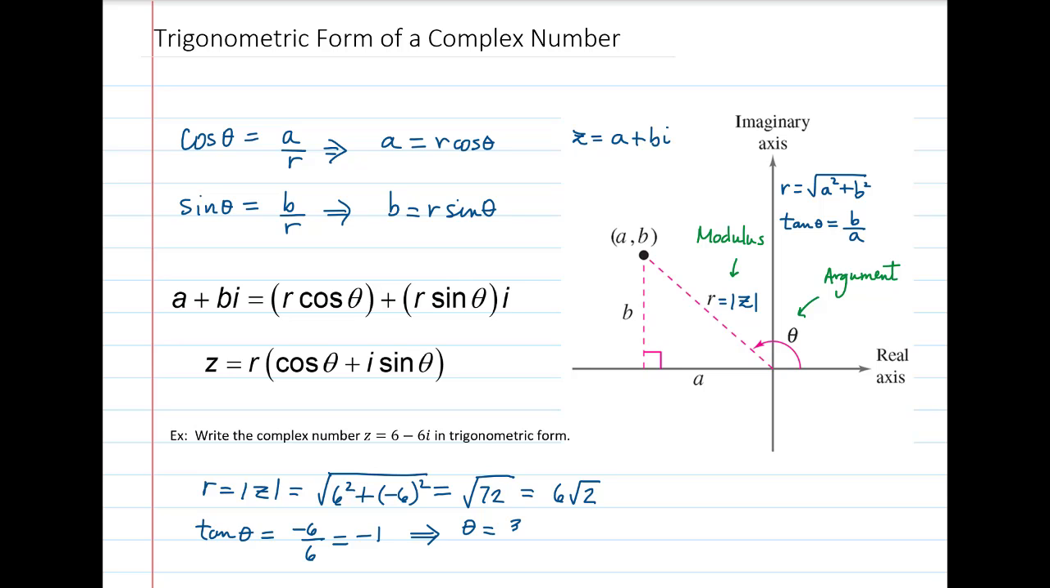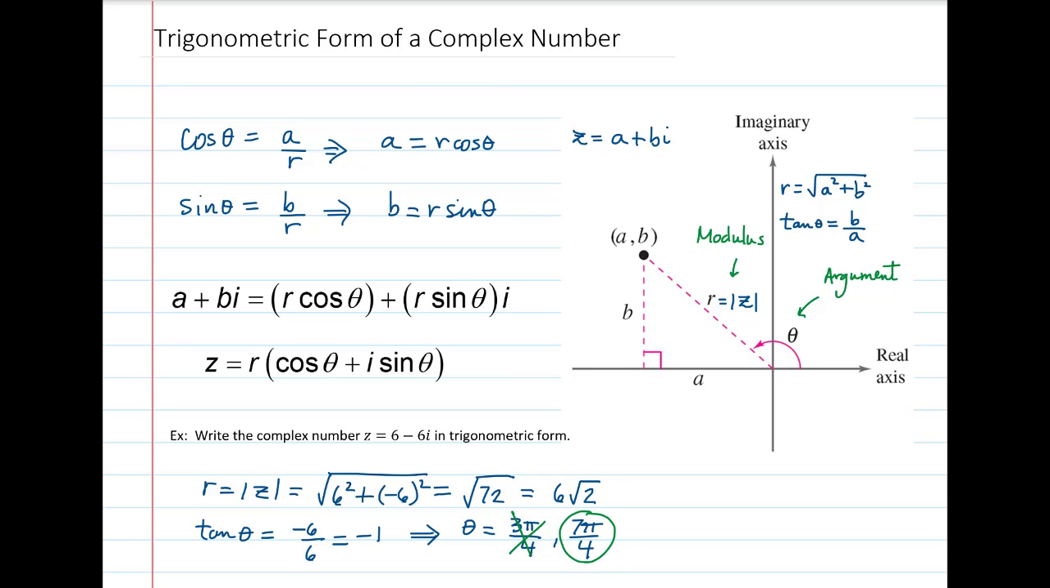And it's equal to negative 1, specifically at 3 pi over 4 and at 7 pi over 4. Okay, but which one is the argument out of those two? Only one angle could be the argument. And it turns out that it's 7 pi over 4, because if you look at the standard form of the complex